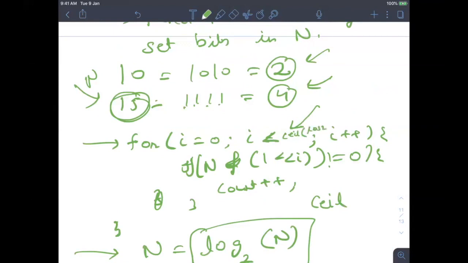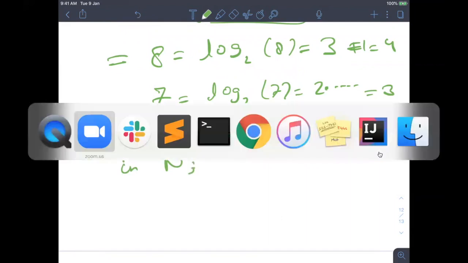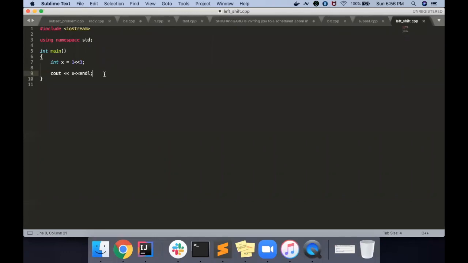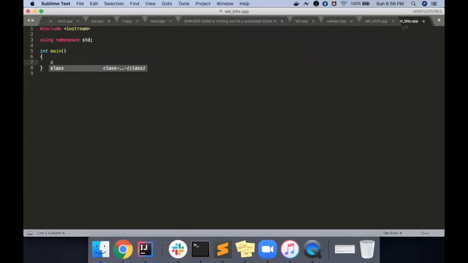Let's write the code for this because it is becoming confusing. So I'll again write the question: find the number of set bits in n. Let's write the code for this. Okay, let's try to run. You are able to see my screen, right?